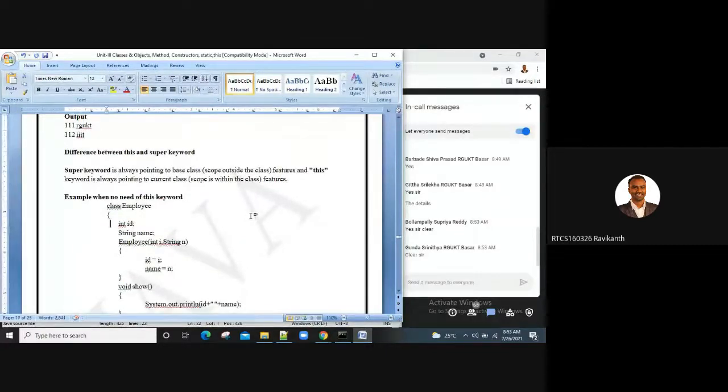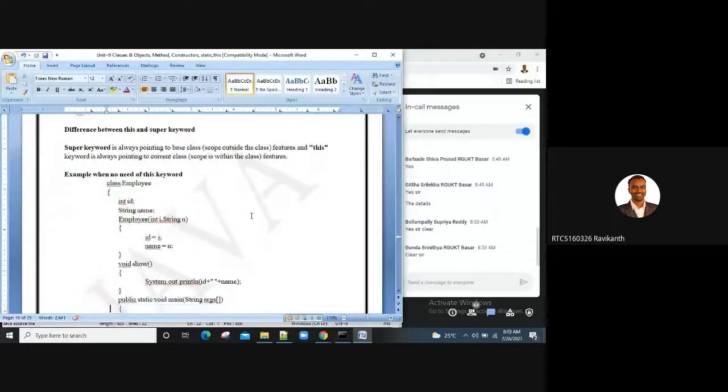Here I would like to stress the difference between the this keyword and the super keyword. The super keyword always points to the base class. I'm going to discuss the super keyword in detail in the inheritance concept, but I just want to give you a variation here.